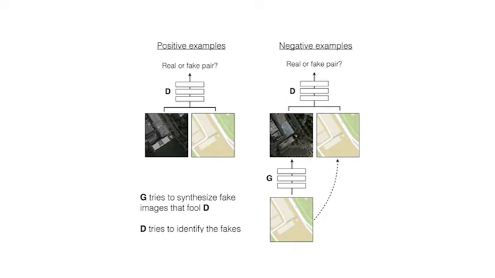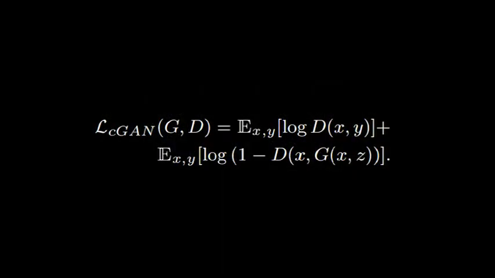We use G to learn how to translate segmentation maps into satellite-like images, while the discriminator D judges the results, classifying them as real or computer-generated images. As the framework is a supervised method, inputs are provided in pairs of the expected satellite-like image and its label map. The objective of a conditional GAN can be expressed by the equation on the screen, where X is our segmented label map input, Y is our satellite image output, and Z a random noise vector.